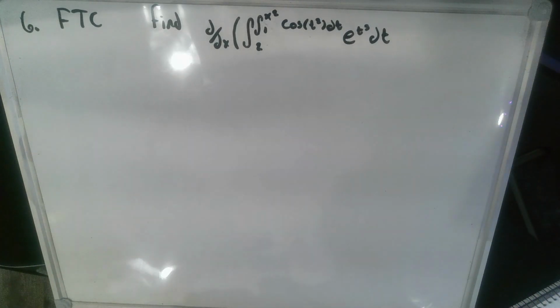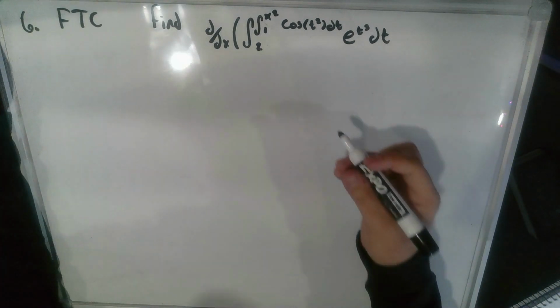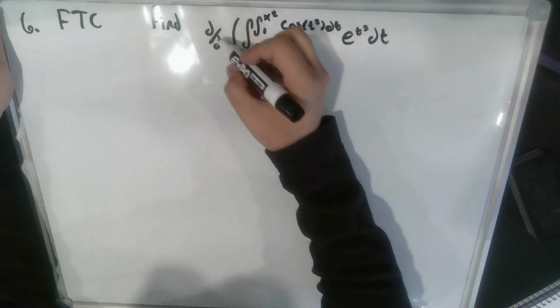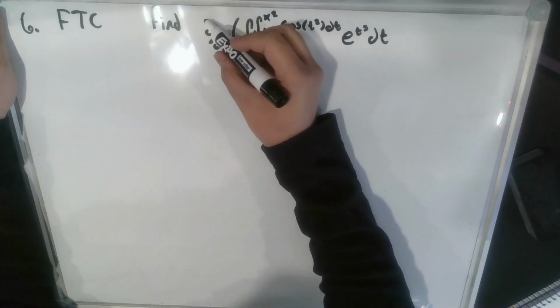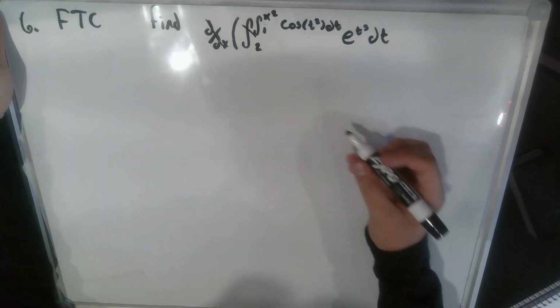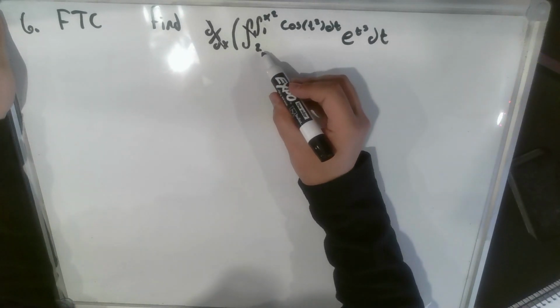This is problem number 6, fundamental theorem of calculus. Find the derivative of the integral of 1 to x squared of cos t squared dt of e raised to the t raised to the third dt. So the derivative, when you take the derivative of an integral, these two cancel out, and then you take the integral,